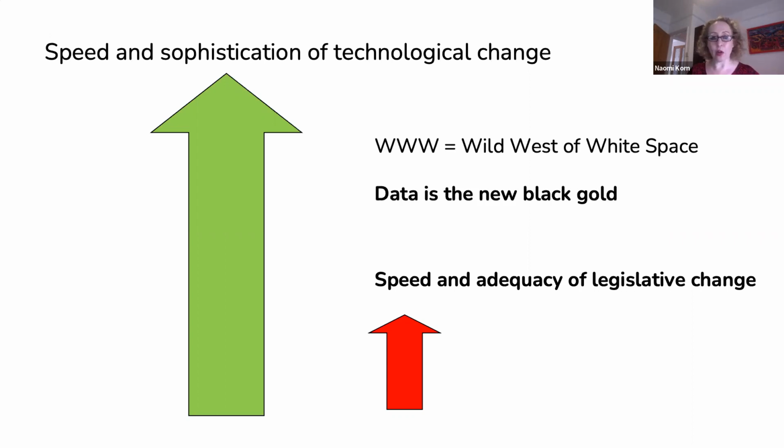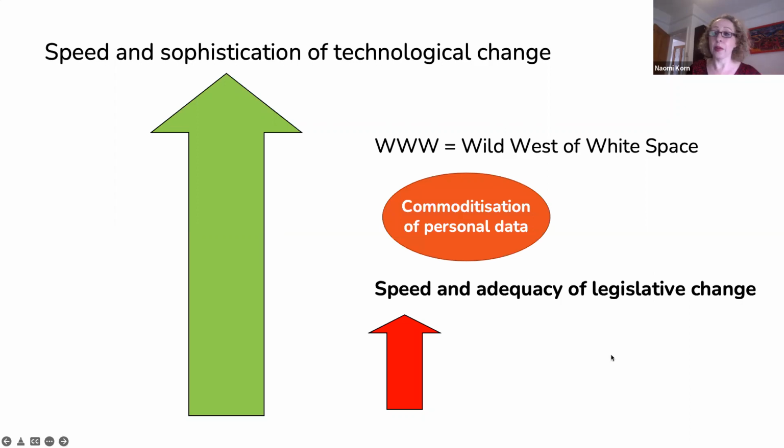One of the impacts of having laws that don't quite move fast enough, particularly when we're talking about data protection, is that data has been referred to as the new black gold, in that it's provided the means for companies to build very successful business models using data, or in other words, the commoditization of personal data. And this is really why changes to the legislative framework was so important within the guise of GDPR that originated